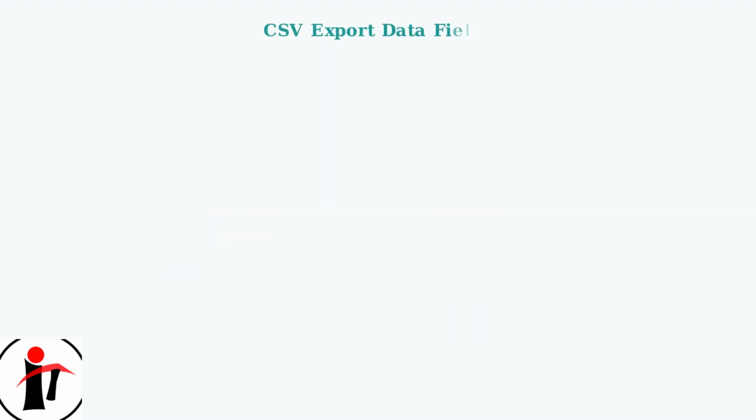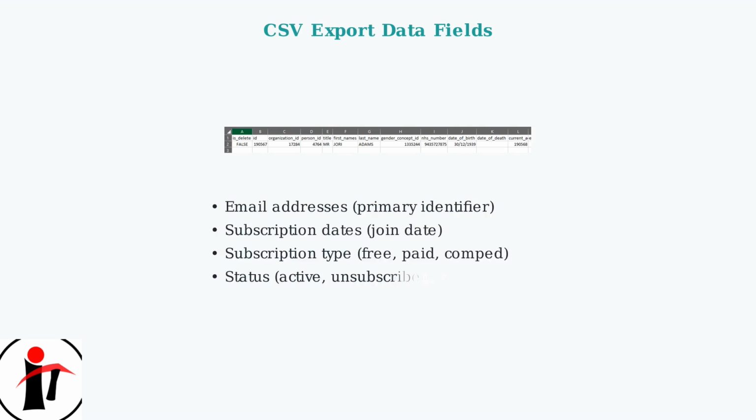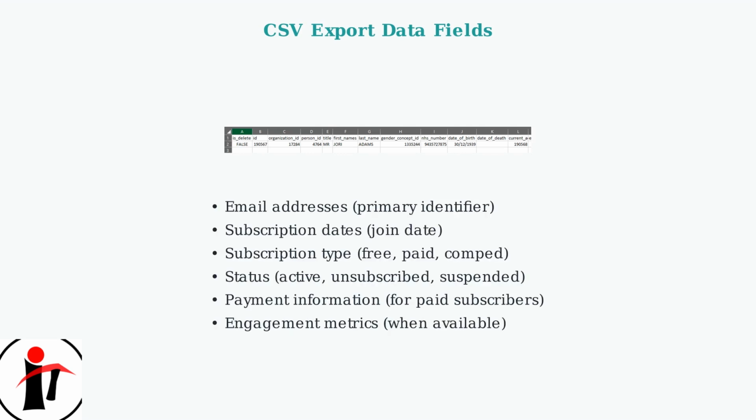newsletter. When you export your Substack subscribers, the CSV file contains several important data fields that provide comprehensive information about your audience. The export includes essential subscriber information: email addresses as the primary identifier, subscription dates showing when each person joined, and subscription types indicating whether they are free, paid, or complimentary subscribers. Additional data may include payment information for paid subscribers and engagement metrics, such as open rates and click rates where